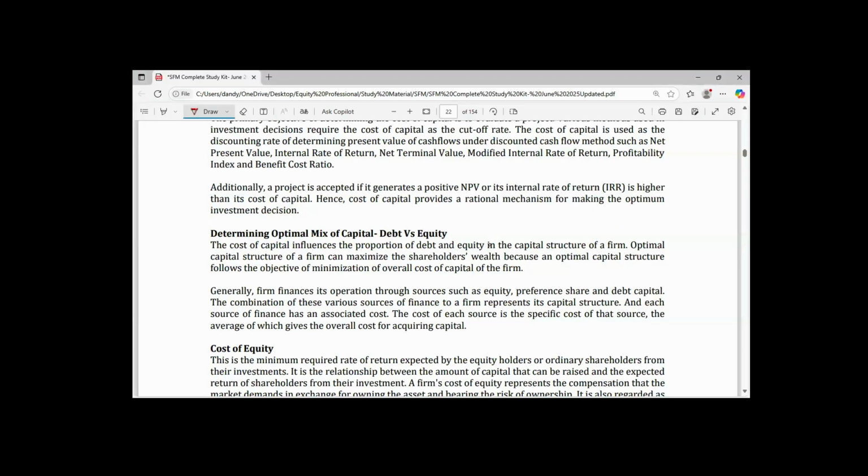Then thereafter, we'll move to discussing the importance of cost of capital. I mentioned that there are basically two key importance of cost of capital. One is to determine the financial viability of a project. That is, you use cost of capital to evaluate a project in ascertaining whether the project is financially viable or not. All right. Then two, we use cost of capital for determining debt equity proportion. Cost of capital will enable a company to determine the percentage of equity and debt to be carried in a company's capital structure in order to minimize the overall cost of capital.